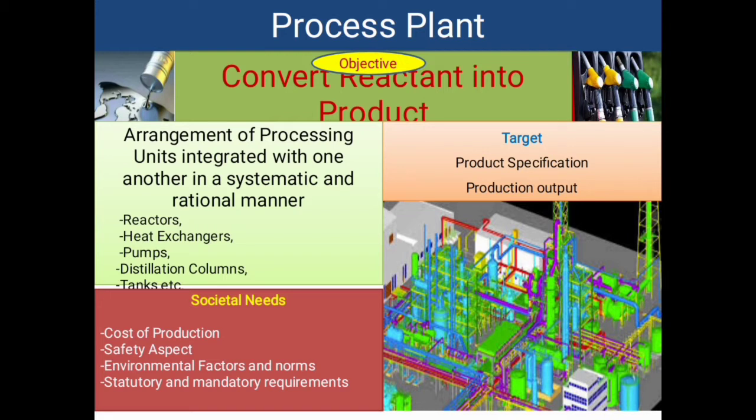The cost of production. When you are producing a product and launching it in the market, it should be within the buying limit of the customer. Suppose you are manufacturing a vaccine for coronavirus and launching it in the market, it should be at an affordable price. So to reduce and optimize the cost of production is our primary concern.